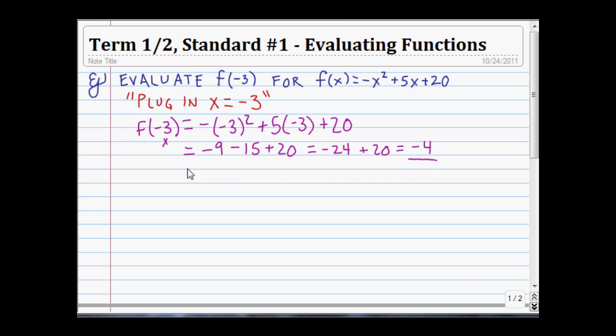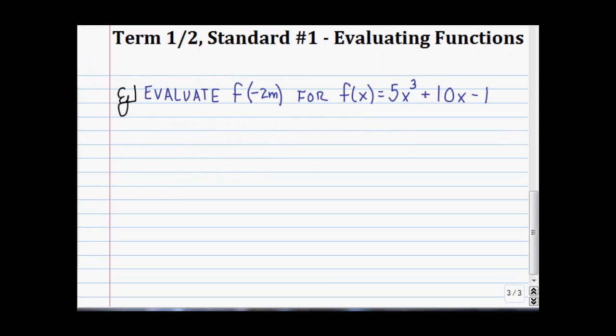If we wanted to make sure we included everything or set it as nicely as possible, we would say that the value of the function f evaluated at negative 3 is negative 4. This would be the most complete answer that we can possibly get here for these problems. So this is really the most doable situation that we can get on this standard. We just got a number to plug in, so we substitute it in, we spit out another number, simplifying